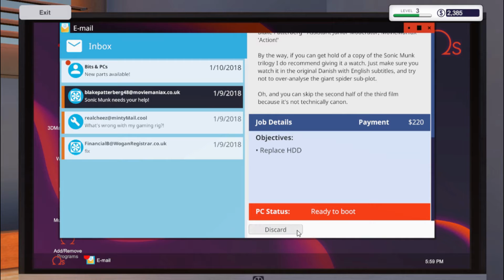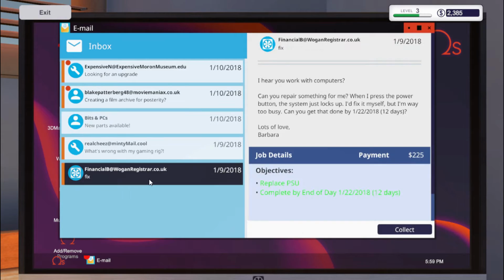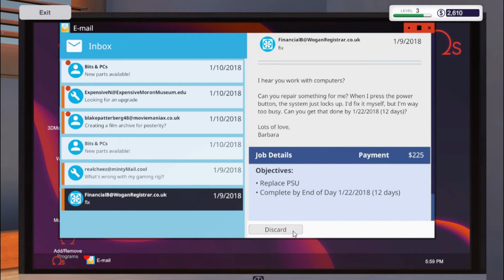We can collect that one. Discard that out of the way. Alright, we've got this one here, which was replace the power supply unit. We've still got 12 days to do this job, but they seem to be happy. Collect that one. It's not cost us anything in parts other than our time, so we collect that. We can of course